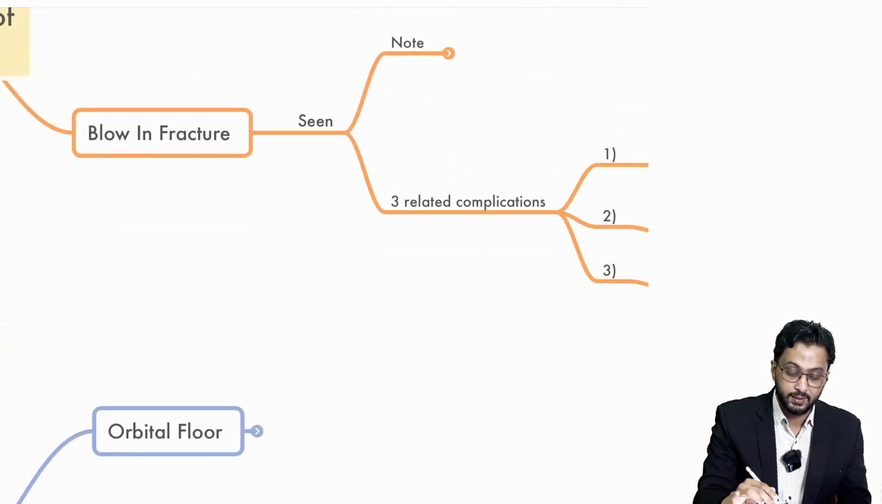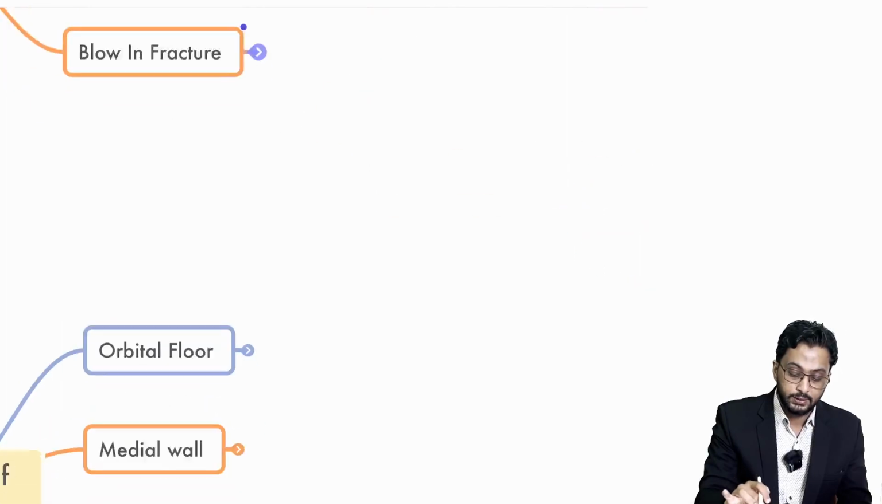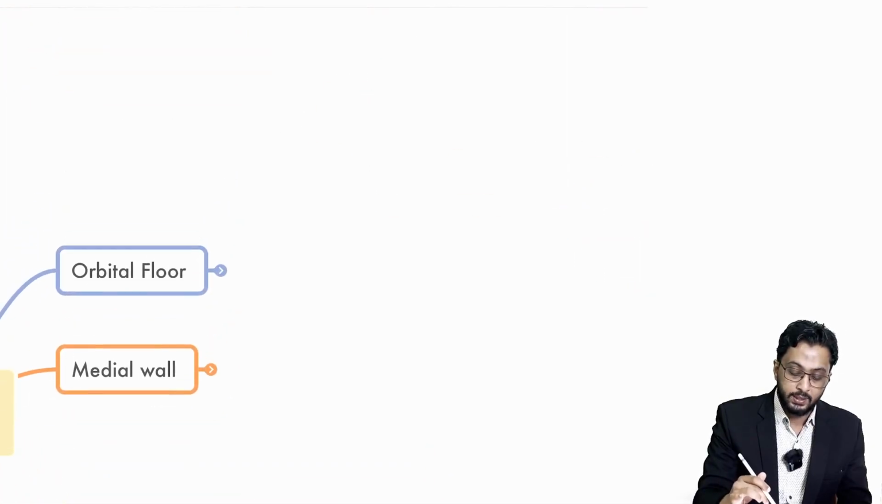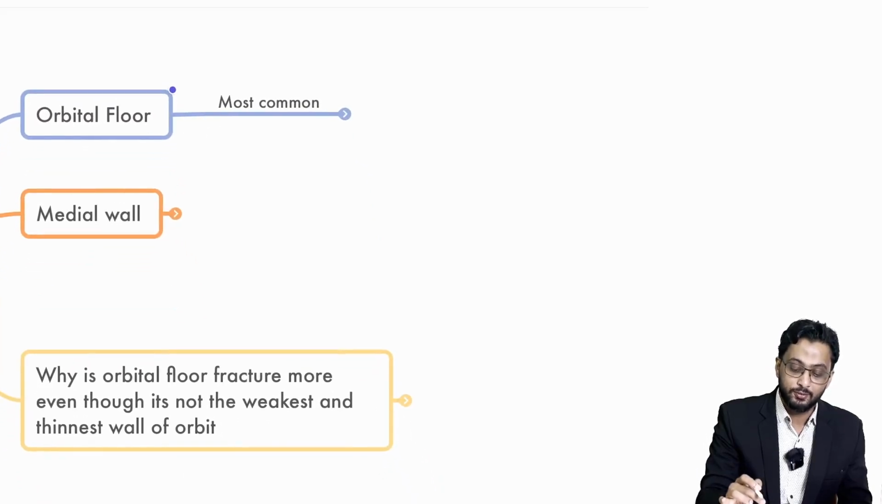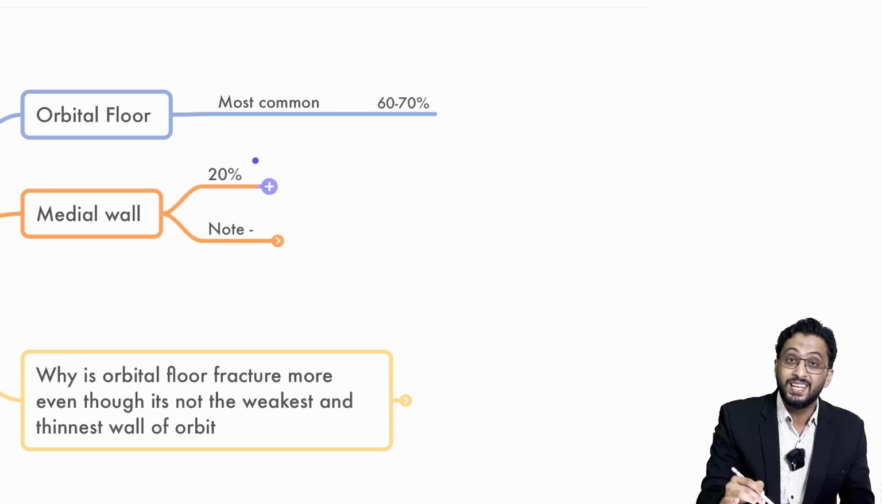I'll just do one thing. I'll remove this. Now, orbital floor fracture is the most common. Orbital floor fracture is more common, which is 60 to 70% of the cases. One reason, I'll come to each of the reasons. Whereas the medial wall is only 20%,